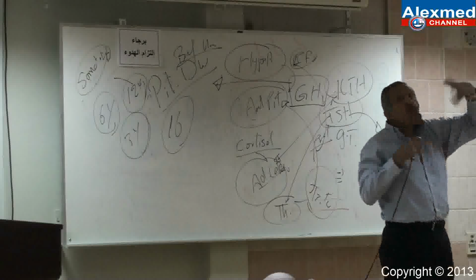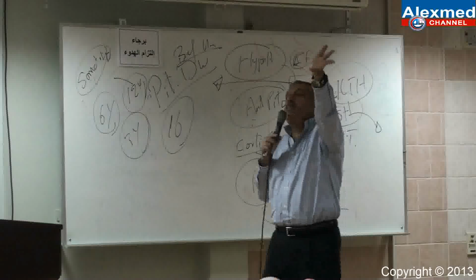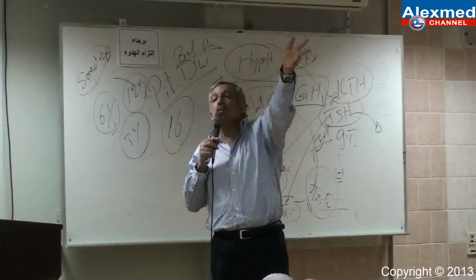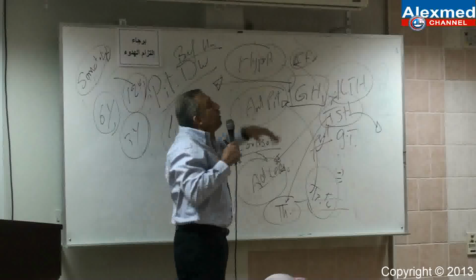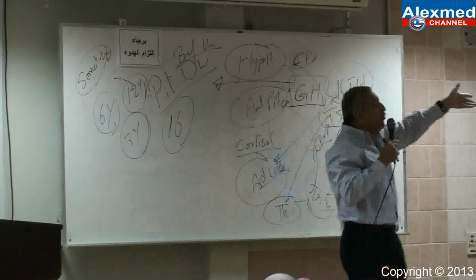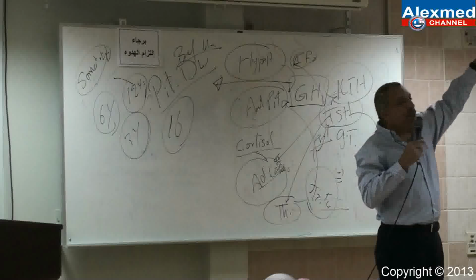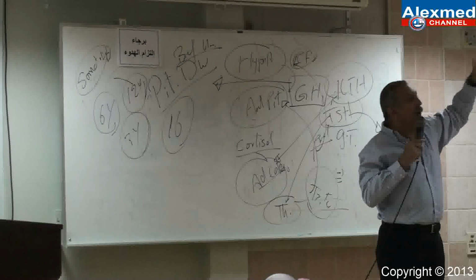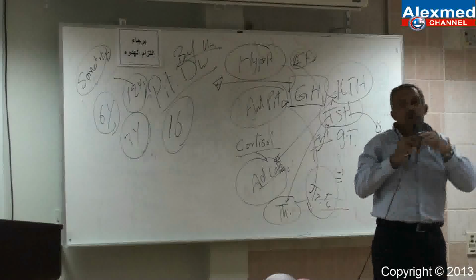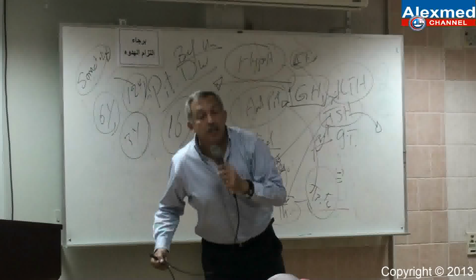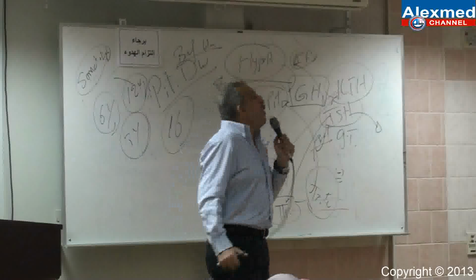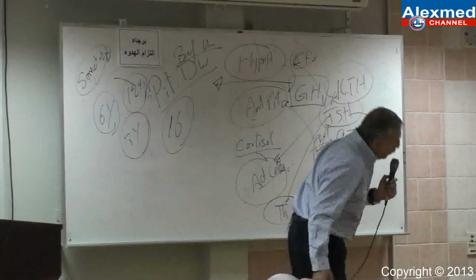So, if we have a primary Addison, meaning what? The disease in the adrenal cortex itself. What about secondary? Hypothalamus, anterior pituitary, something like that, away from the gland. If I'm going to give ACTH and there will be increase in cortisol level, the disease is secondary. No effect, the disease is primary.